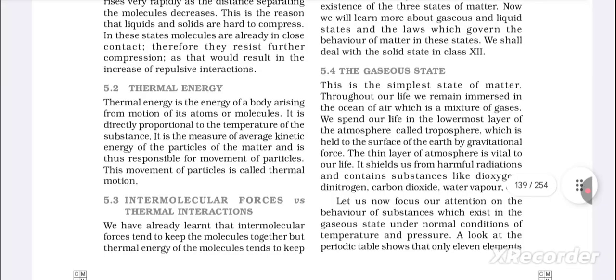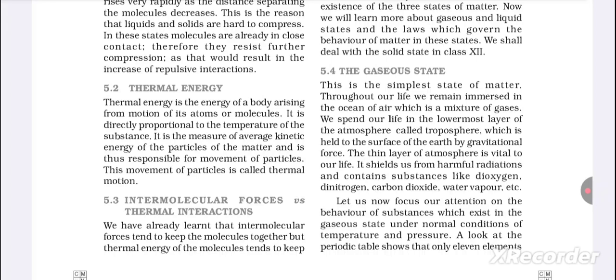The gaseous state. This is the simplest state of matter. Throughout our life, we remain immersed in an ocean of air, which is a mixture of gases. We spend our life in the lowermost layer of the atmosphere called the troposphere, which is held to the surface of the earth by gravitational force. This thin layer of atmosphere is vital to our life. It shields us from harmful radiation and contains substances like dioxygen, dinitrogen, carbon dioxide, water vapor, etc. Let us now focus our